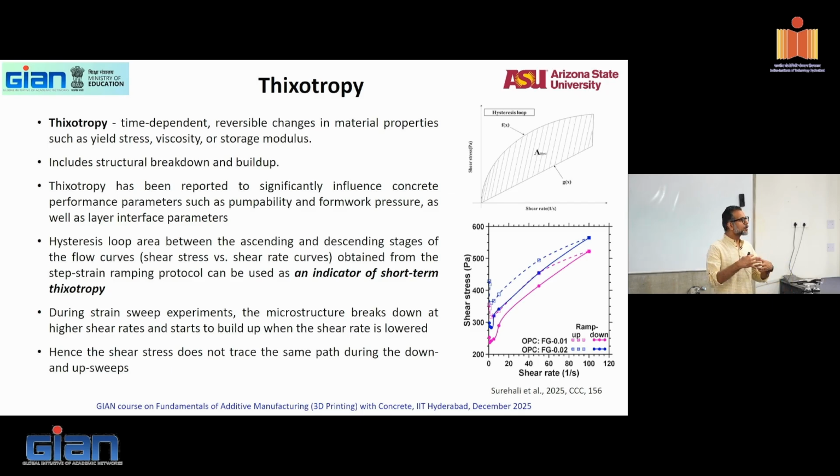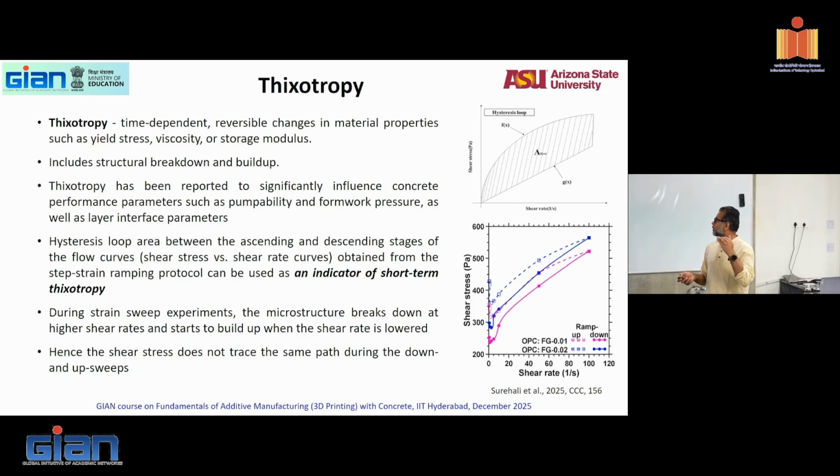So I showed you this example where I remixed the mix again and it was able to extrude. What happened when I remixed it? It's a thixotropic behavior that you're seeing. When I remixed it, it's able to go back to the properties. I can redo it, which means my material is thixotropic. A non-thixotropic material will not allow me to remix and get my shape back. And if I try to remix after an hour and a half, you might be able to remix, but nothing will come out. You cannot extrude. So the material is thixotropic only for a certain time. And that time-dependent change in properties is called thixotropy, and it influences